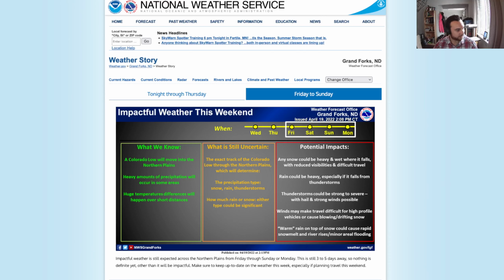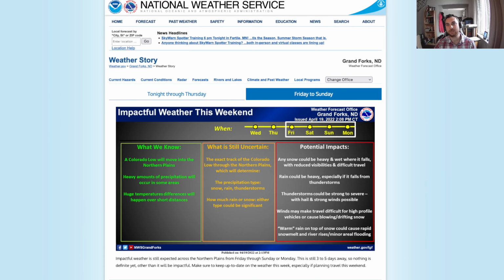Hey everyone. Yep, it's possible, another storm coming through for the prairie provinces and for the northern plains. So another Colorado low will be coming through, developing off the foothills of Colorado, moving northeast over the weekend, and this is basically what we're looking at right now. So let's dive into it, because that has the potential to bring more snow to